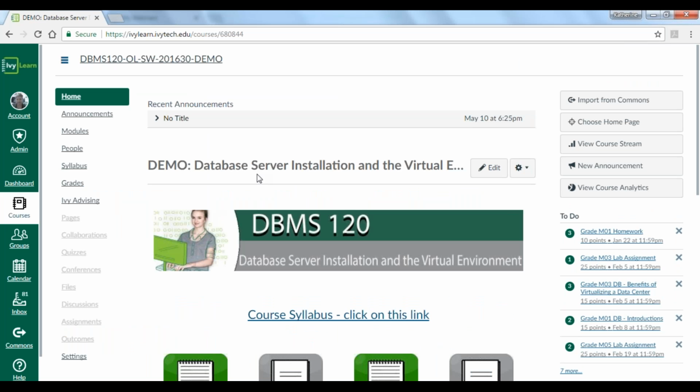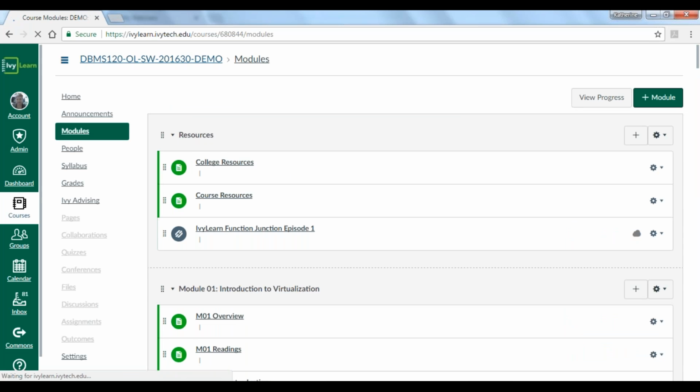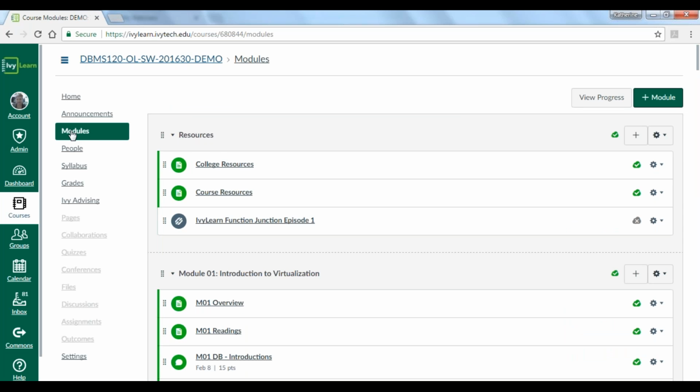By default, the statewide online courses default to this home page, which contains some icons and links out to the modules that they're corresponding with. So this is a visual and a way that students can get access to that content immediately. The other thing they can do to go to a module, when you click on modules itself, this gives you the index view or like a to-do list. So anytime that you're in our IVYC112 environment, for example, you can go to that home page and click on one of those links and it will take you into the session. Or you can look at it in index view and just go to the next assignment that you haven't completed.